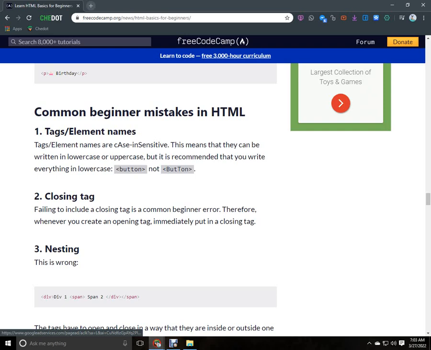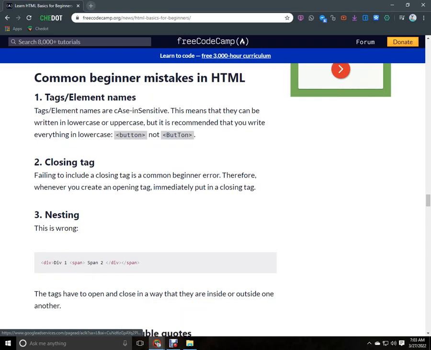This means that they can be written in lowercase or uppercase, but it is recommended that you write everything in lowercase. If you forget to include a closing tag, that is a beginner error that almost all beginners make.